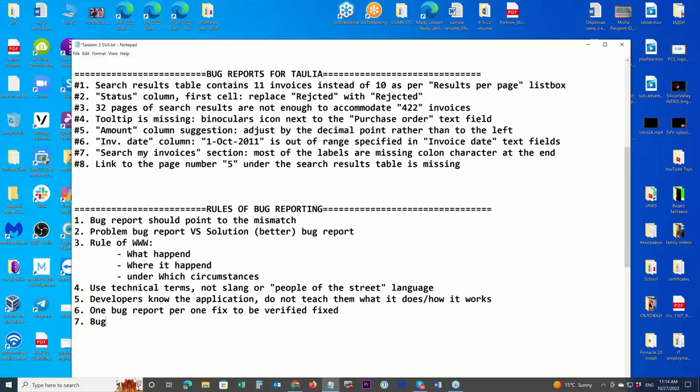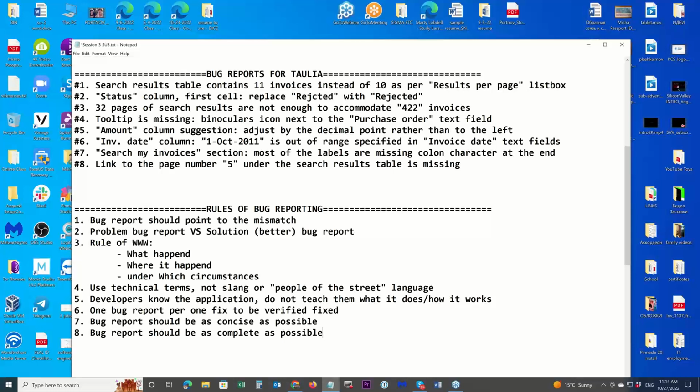One more thing. Bug report should be as concise as possible. Number 7, number 8, bug report should be as complete as possible.